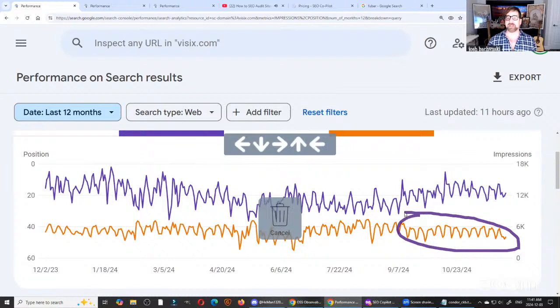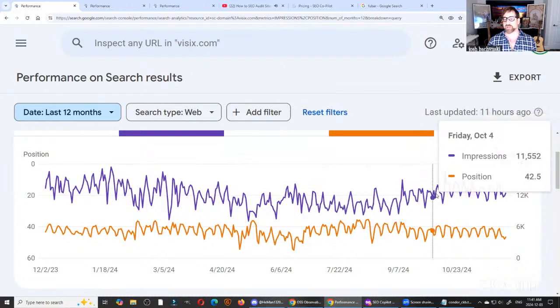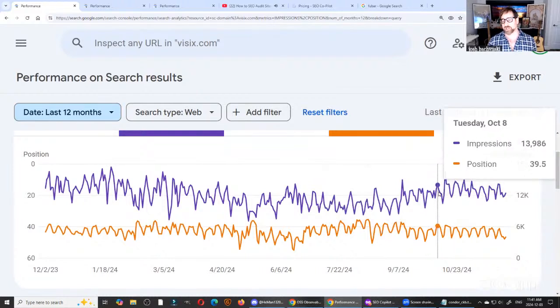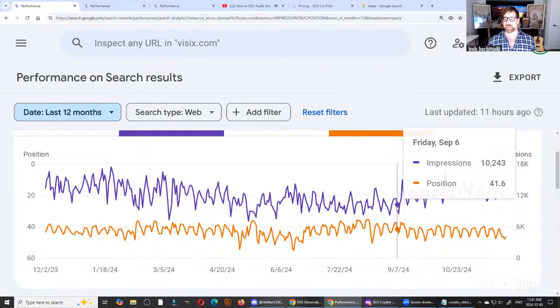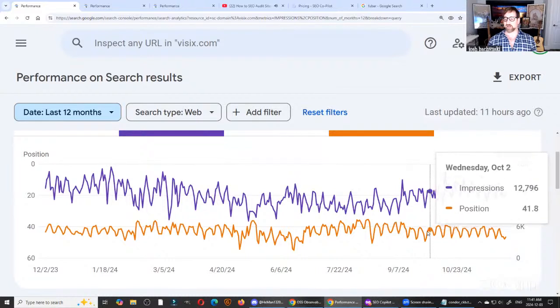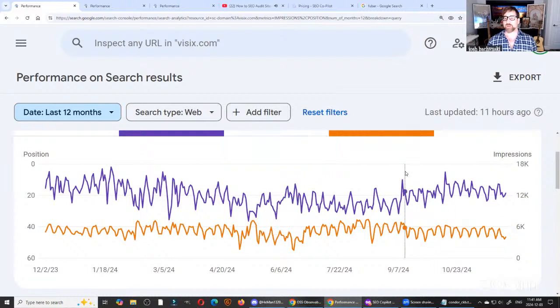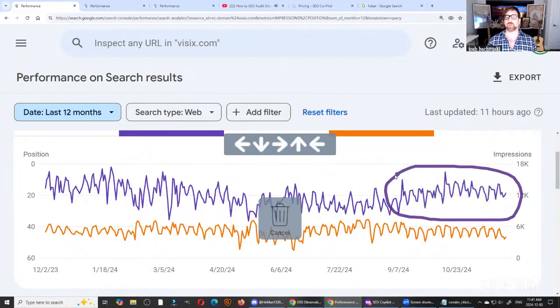It could mean that you lost some rankings on some pages, but typically when the impressions are going up over a large period of time, this is since the beginning of October, actually all the way back here to September, as you can see, and yet the orange ranking line seems to be going down, that means this is the average ranking of all the keywords you're ranking for. And that means more keywords have been added. Typically that is what this means. That's the only reason why this is going up more, because you've added more rankings, right?